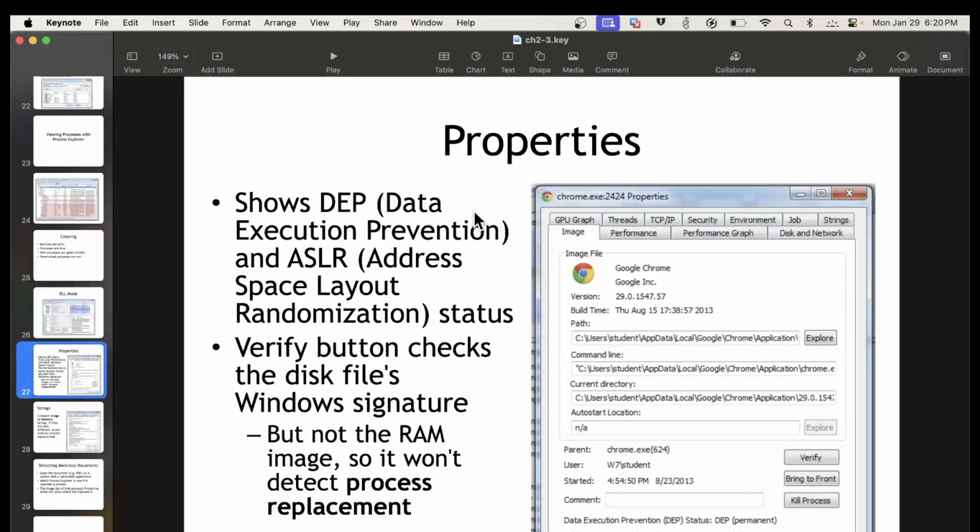You can also see whether the process is running with data execution prevention or address space layout randomization. Almost everything is these days. Address space layout randomization means every time this process launches, it will randomly relocate in memory. And data execution prevention means that the stack of this process is marked non-executable. Both of those prevent attacks of the types that we'll be doing in